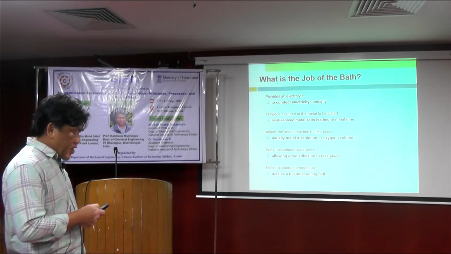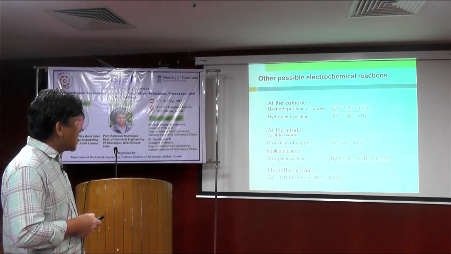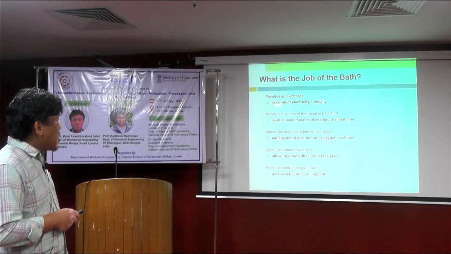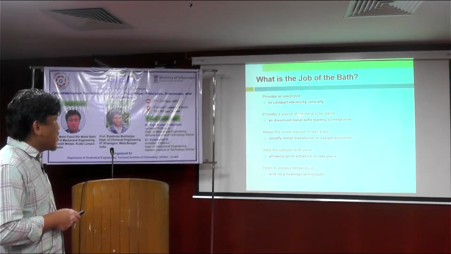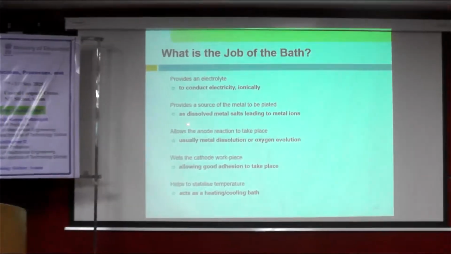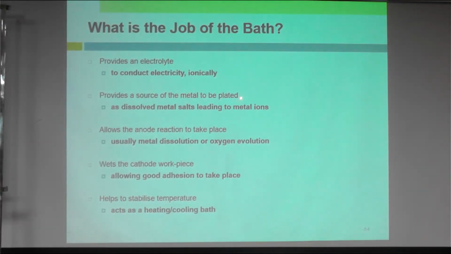So you have the bath, what we call the bath here, or electrolyte. It provides an electrolyte for the bath to conduct electricity ionically, and provides a source of the metal to be plated. Sometimes we dissolve the material salt as a dissolved metal salt, leading to metal ions, and allow the anode reaction to take place, usually metal dissolution or oxygen evolution, and it wets the cathode workpiece,